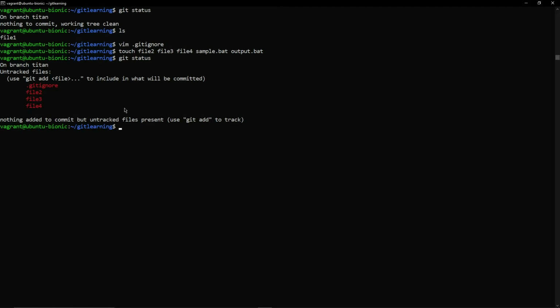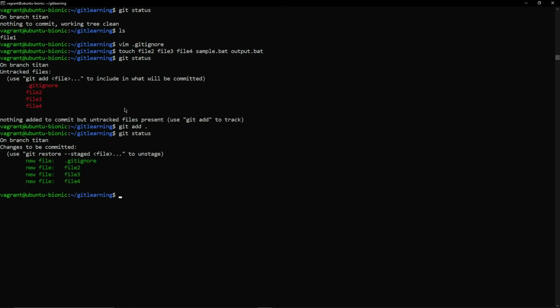Let's add these files to the staging areas. So to add the files to the staging area, we use git add. And if you want to add individual files, you put the file names here. But if you want to put everything in the current working directory to the staging area, you just put a period. Now if you do git status, see how all these files that were untracked have been sent to the